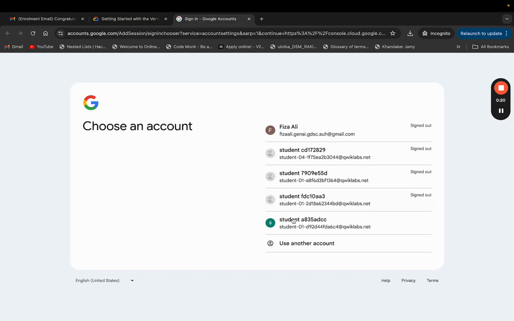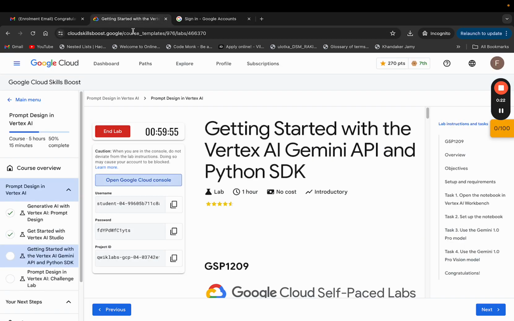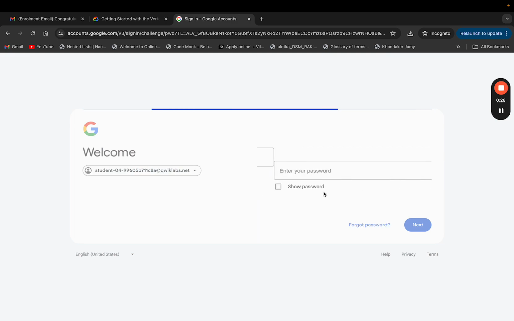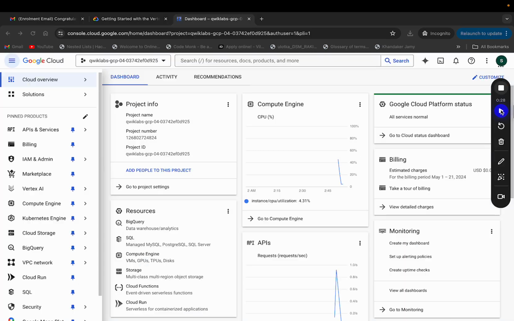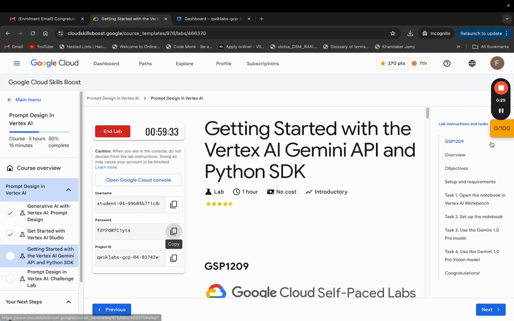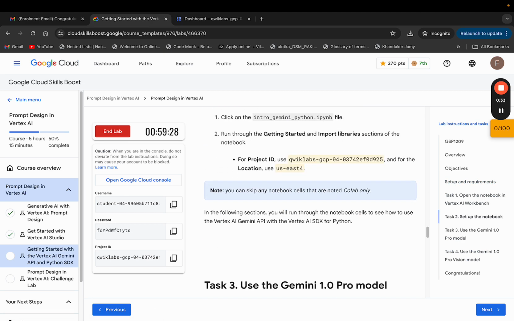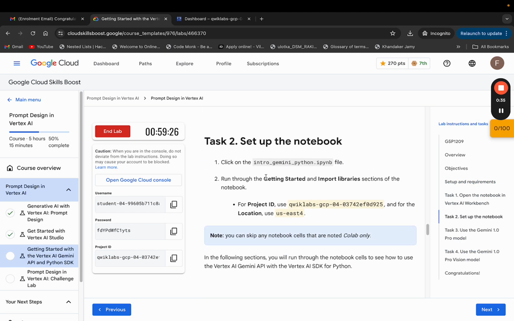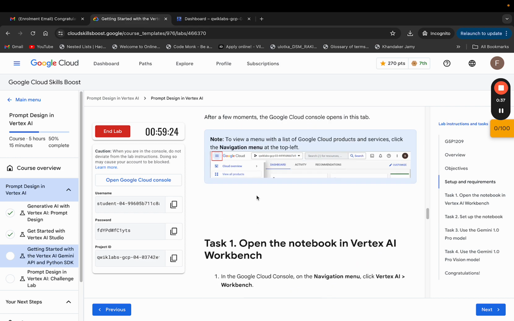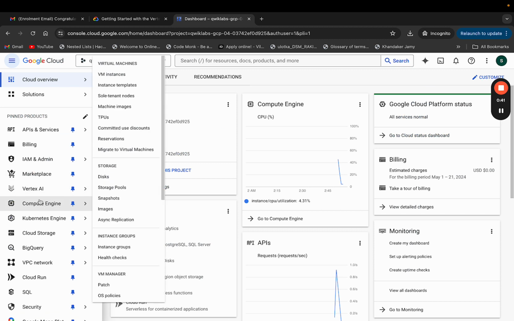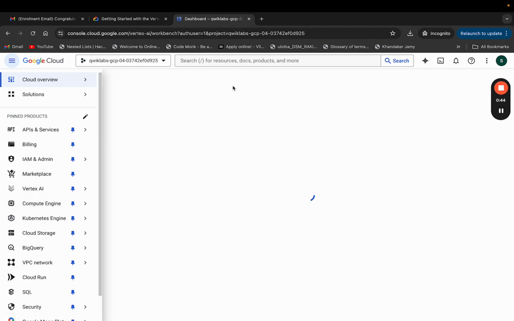Now close any previous tabs that you have related to the previous labs, and then I'm going to paste the password. I'm just going to log in first. Alright, now that I'm logged in, let's get to setup and requirements if we have any. No. We are going to go to the separate notebook file, okay? So we are going to go to task 1 first, which is going to Vertex AI, workbench,